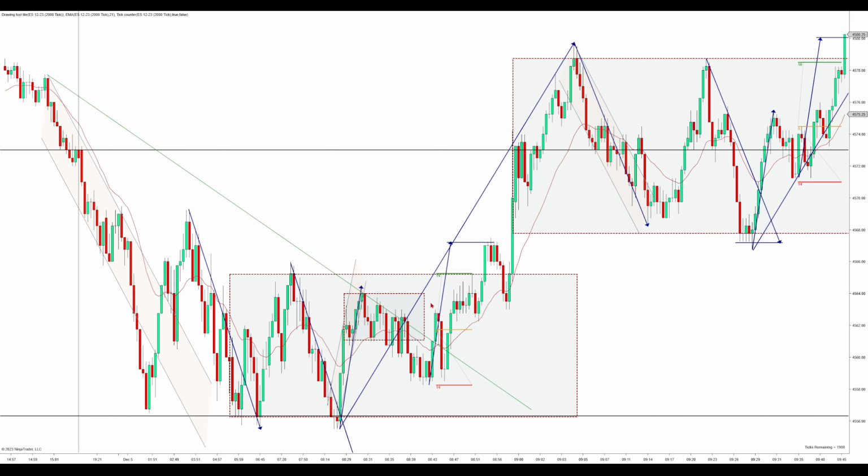We push on up here, didn't want to push it past this swing because we were clearly going sideways. We didn't have confirmed highs, but very often when you're generally going sideways and you don't have confirmed highs, you just want to have your high on that swing and treat it as if it's a confirmed high. And so notice we do have a reaction off of it, but we end up pushing through it